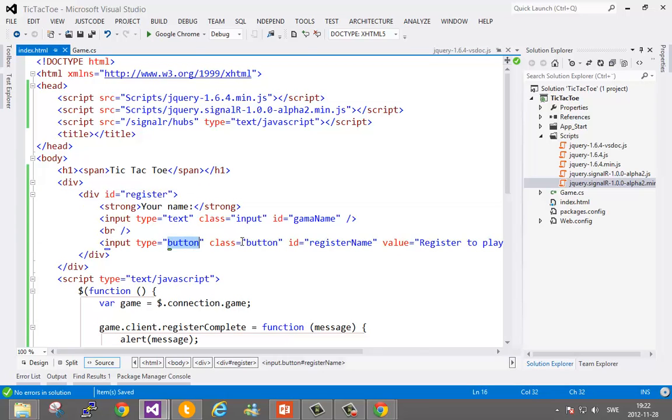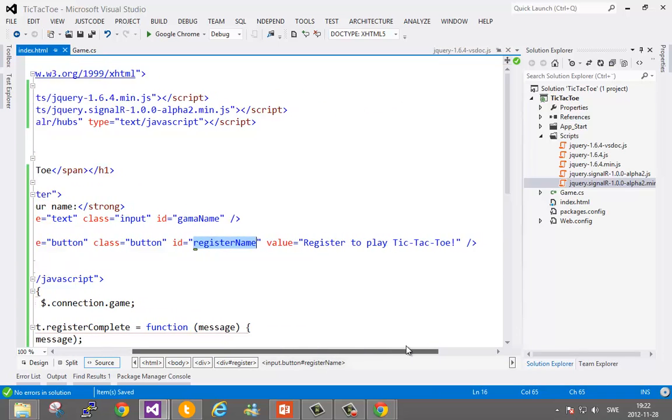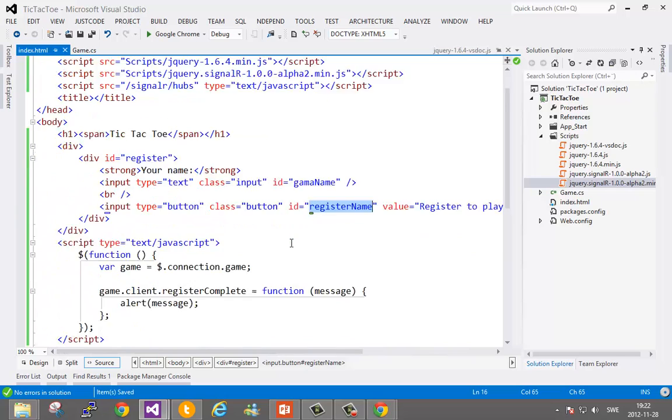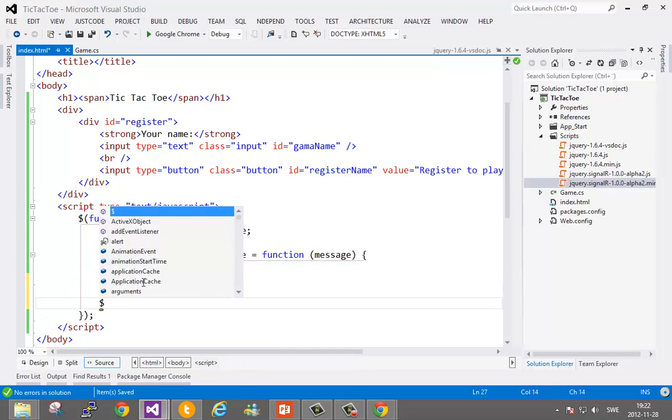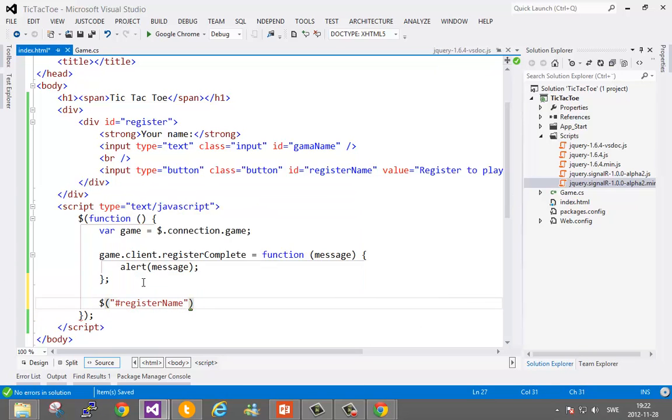So I have a button called register name, which has the value of register to play tic-tac-toe. So once I press the register name button here,